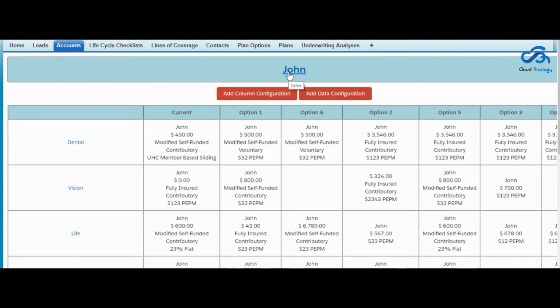Once the configuration has been done, it will be saved in the custom setting. Again, when you open the same account, it will show you the same configuration that you saved last time, again and again, unless you change it.